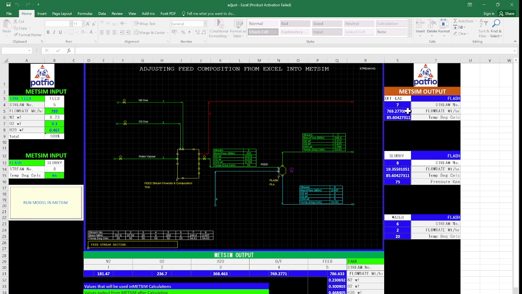So we are supposed to get data to do with our flow rate, stream number 7, which is the vapor stream here. We're supposed to have flow rate and the temperature. In the slurry stream number 8, which is the liquid phase, we're supposed to have the temperature, the pressure, and also the flow rate as output. And in the water stream, we're supposed to calculate the amount of water that is needed to be fed into the